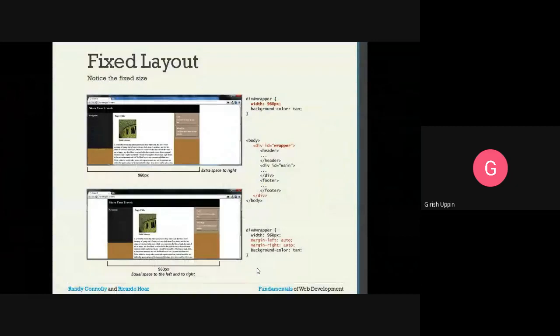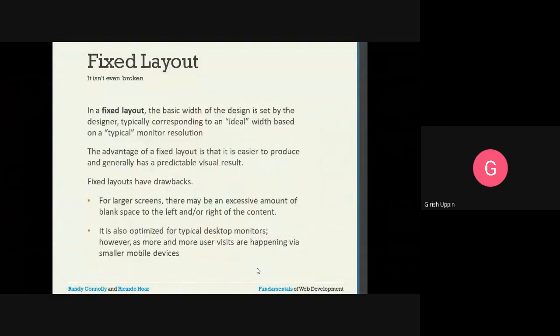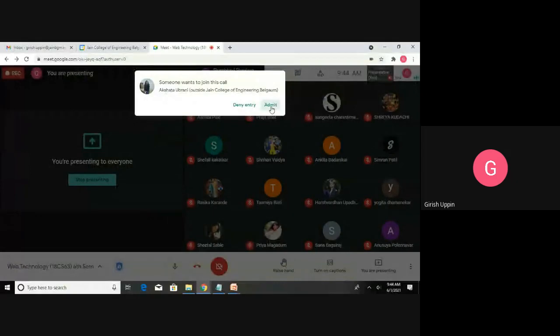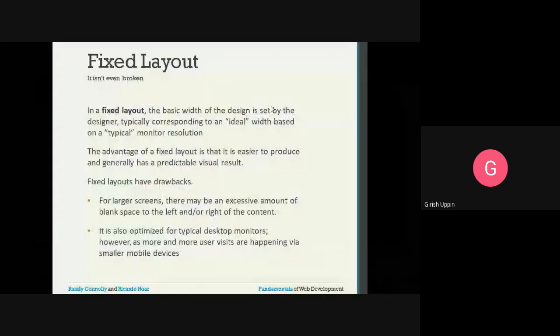Yes. Okay. So, fixed layout. What is a fixed layout? A fixed layout is used when you know what kind of devices your application will be used on. Most of the time your application is going to be accessed by mobile devices or laptop devices, and you can design your web application with a fixed layout according to those resolutions.